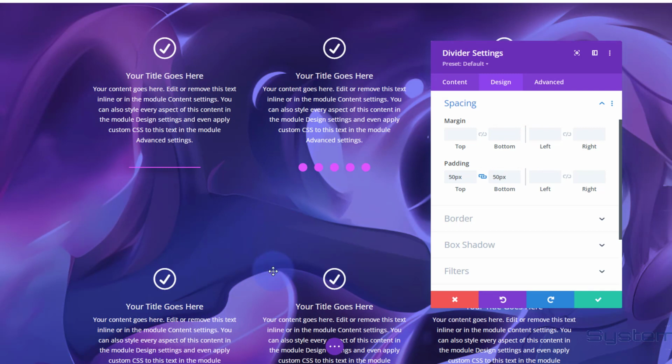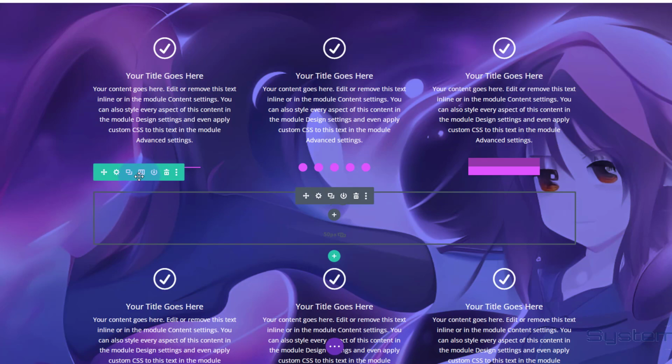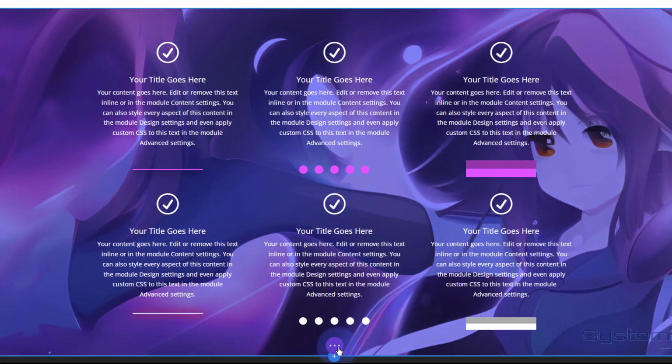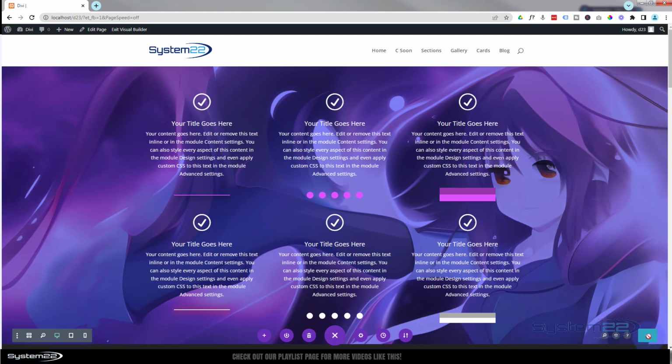As you can see, it's put some space between those, and that's the obvious use for this thing, but you can get pretty creative with it. So let's save our changes now. I'm actually going to delete that row and put it back how it was. We'll save our changes down the bottom, exit the visual builder,